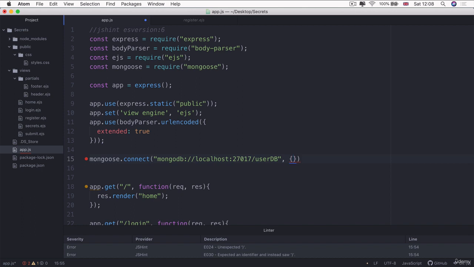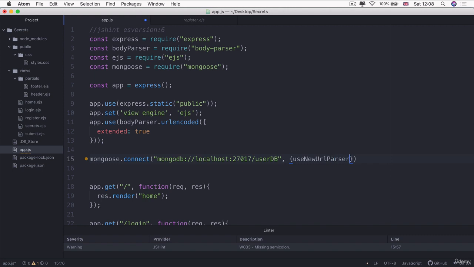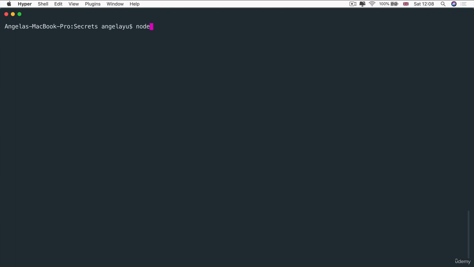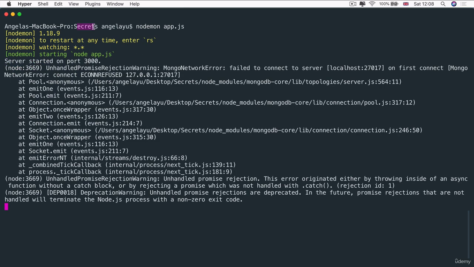And finally, we're just going to add in that flag, which is called useNewUrlParser. And this will remove that little warning that we get in the console. So that's all we need to connect to our MongoDB. So let's try and run our app with nodemon. nodemon app.js in the secrets folder, and we get an error, and it tells us that there's a Mongo network error